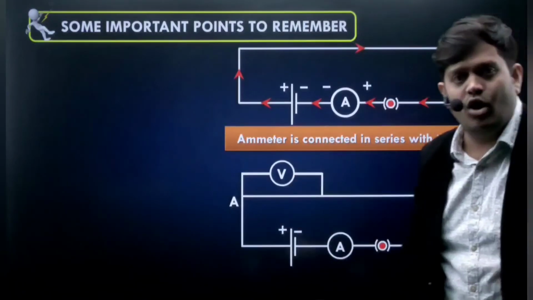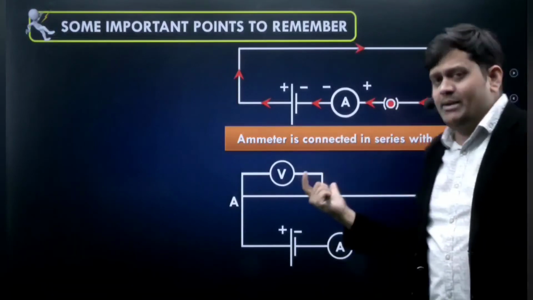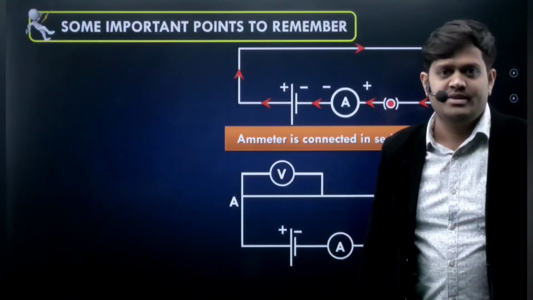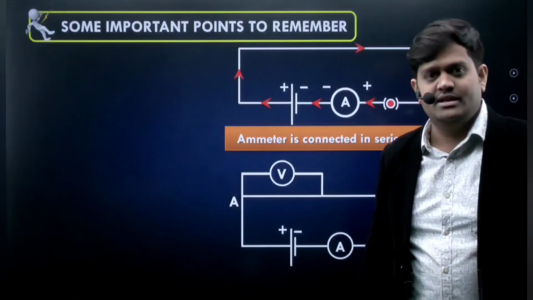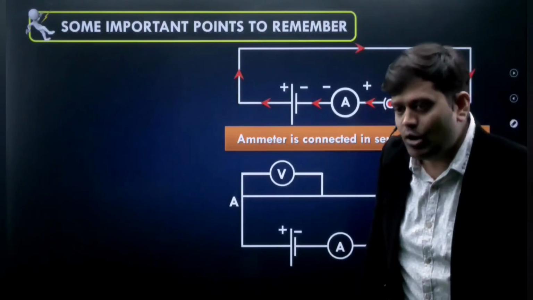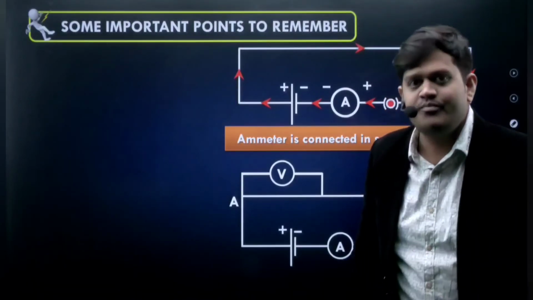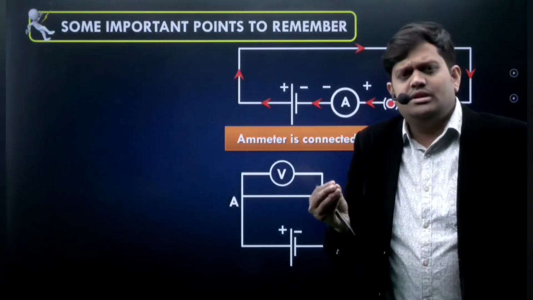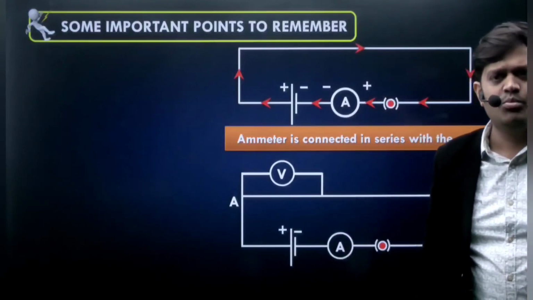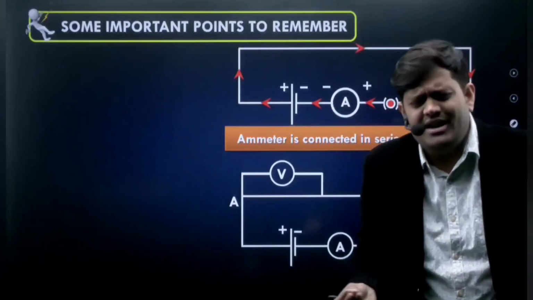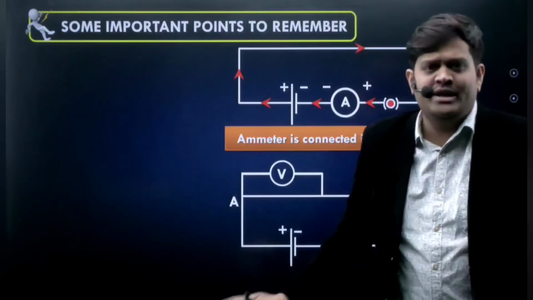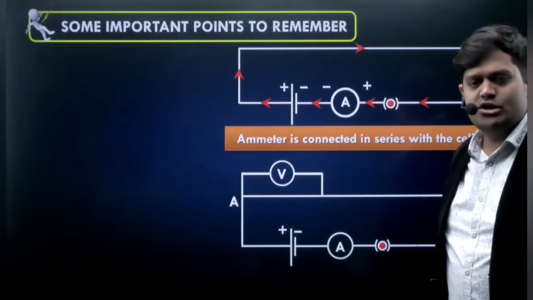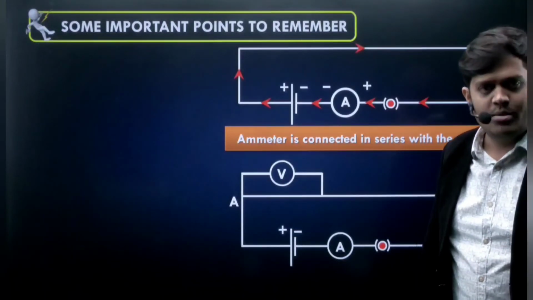So always the voltmeter is connected in parallel because the voltmeter has the high resistance. If it has high resistance, then does it allow the current? No. High resistance, infinite. A very small current, like 0.01, is flowing in it. So maximum current is flowing in the circuit, right? So there is no disturbance, okay my dear.